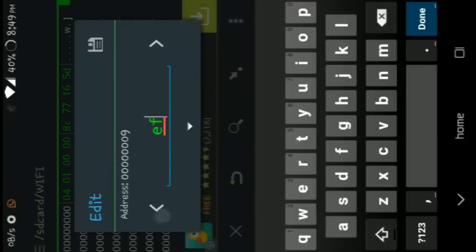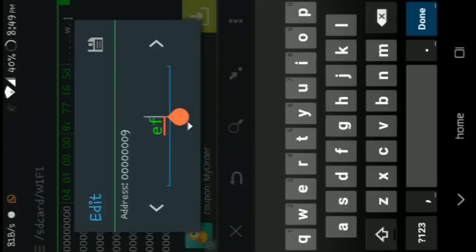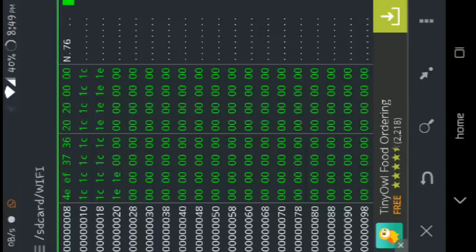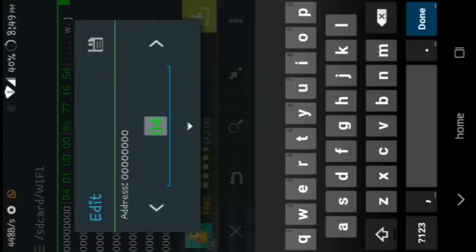After entering your MAC address in every number, you have to save here. Here you can see one icon of a memory card. Just click on it. It will be saved. This option is from here only, not from the below options. You can start from the first option, that is 00000000. You have to click here, then go to the fourth option, and here you will see the start of the MAC address.